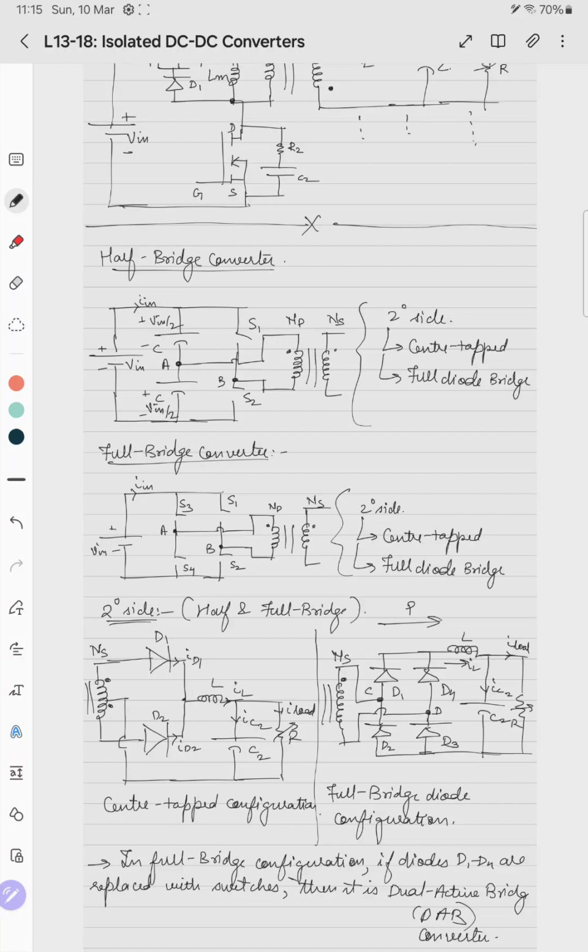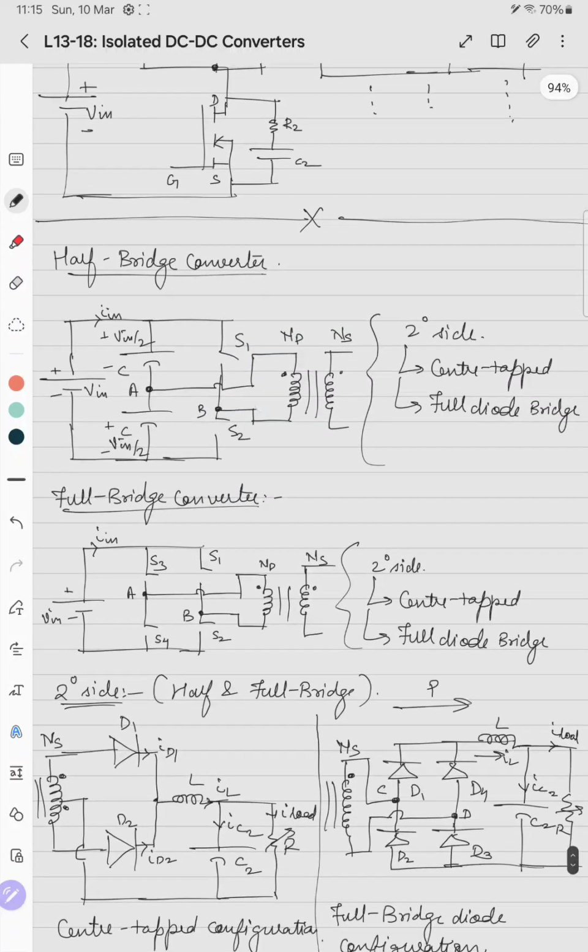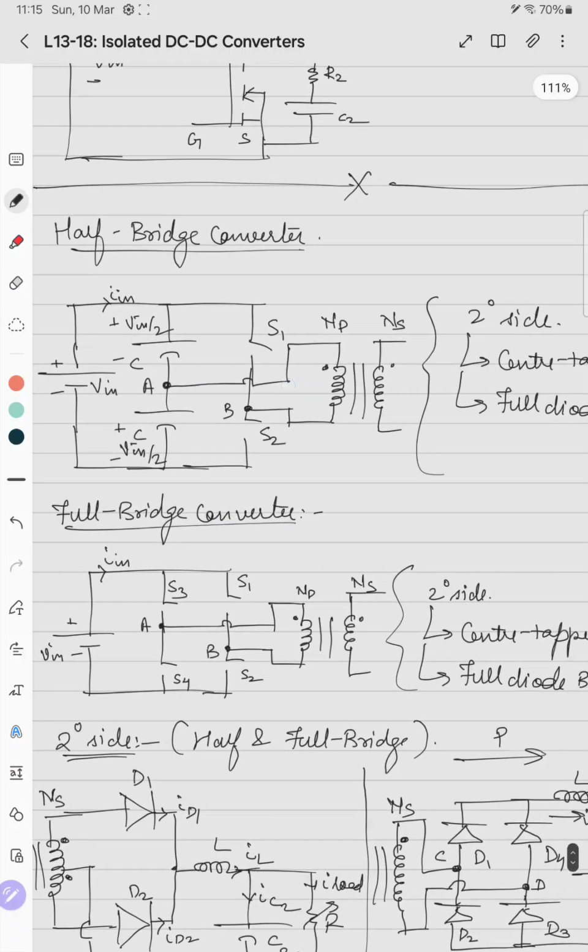So in a half bridge configuration, we have the two capacitor split output configuration, which generates V in by 2, V in by 2, which are charged up to half of the input voltage. So these act as two virtual or separate DC sources seen from the input side. So these are two voltage sources derived from the main voltage input source, that is V in. So here the midpoint, this A, is called the AC point, because the potential of the node A with respect to any terminal